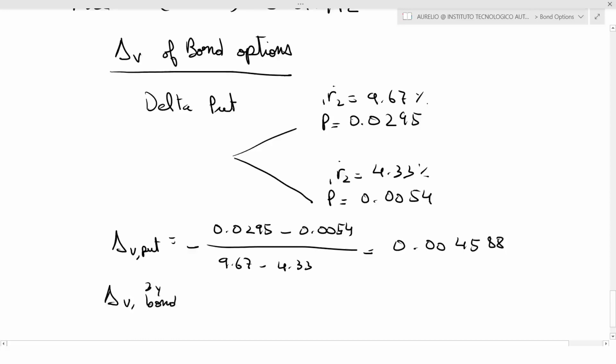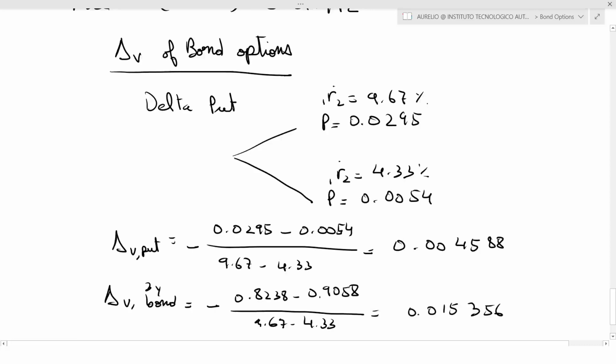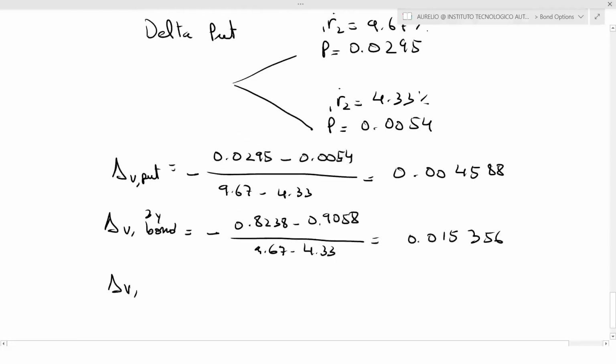This would be the 3-year bond. So this is equal to minus (0.8238 minus 0.9058) over (9.67 minus 4.33). This is equal to 0.015356. And finally, we compute the delta Vasicek of the call option, that European call. So it's going to be equal to minus (0 minus, in the down scenario we got 0.011) over the same denominator in all cases, and we find